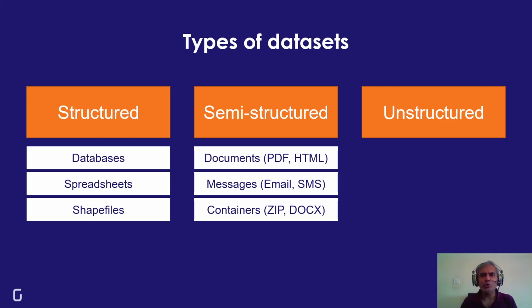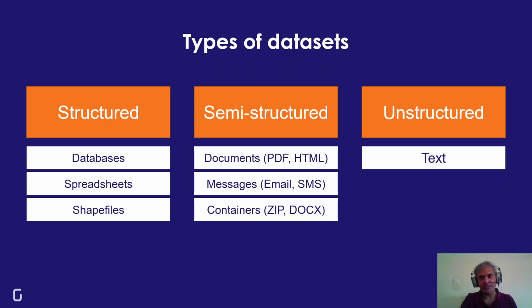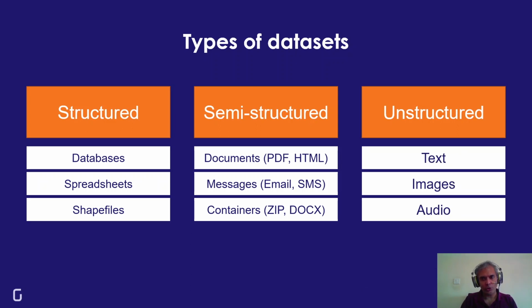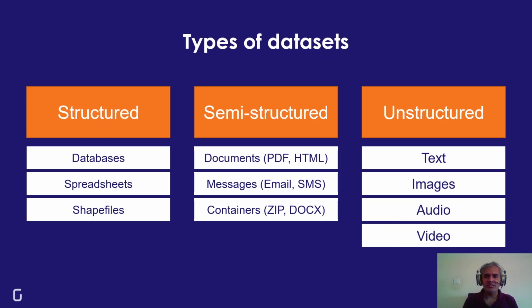Unstructured data sets are where you know little or nothing about the contents other than a broad idea of how to parse the content. For example, that could include text, images, audio, video. Let's say we are looking at an audio file, you may be able to extract information such as its length. You may be able to identify the average volume. But beyond that, getting any kind of meaningful information out of something like audio is not that easy, at least for a system. For a human, it's reasonably easy to listen to it and understand what is being said. But for a system to do that, it takes a little more effort.